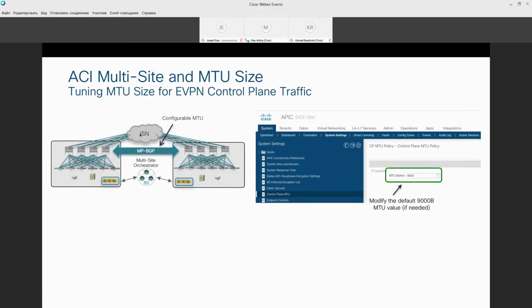If, for example, your ISN was supporting up to 2,000 bytes only of MTU, you could go to each spine and configure 2,000 for the control plane, so that you will ensure that the EVPN peering would come up and will also be able to exchange information, okay? Remember, the control plane traffic is not VXLAN encapsulated, right? So the number you put here needs to basically match exactly the maximum transmission unit supported in the ISN network,